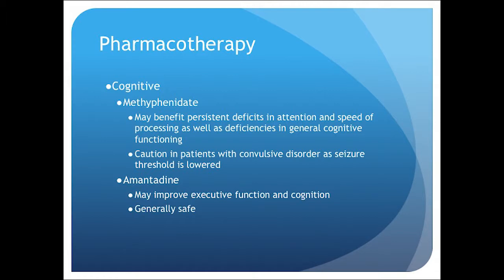When we talk about cognitive deficits, so these athletes that appear to have persistently delayed reaction times and who are feeling persistently in a fog, there are a couple of medications that we can consider. Methylphenidate, which we use classically for ADD, can be used. It appears to help athletes both with speed of processing as well as deficiencies in general cognitive functioning. Any athletes with a convulsive disorder, you should be cautious of use of methylphenidate as seizure threshold is lowered, and those athletes are probably not participating in contact sports if they have a seizure